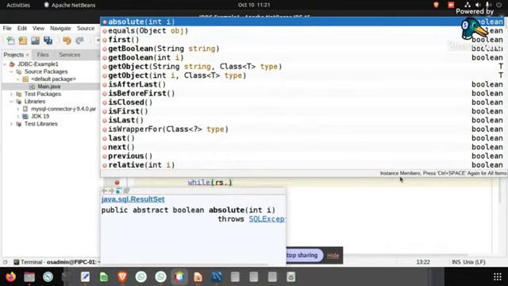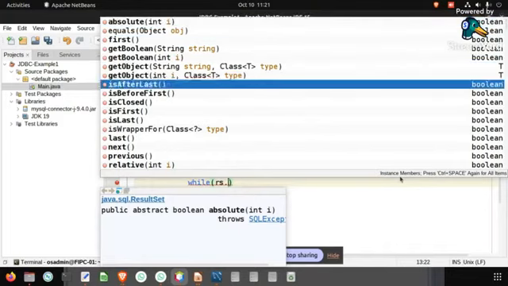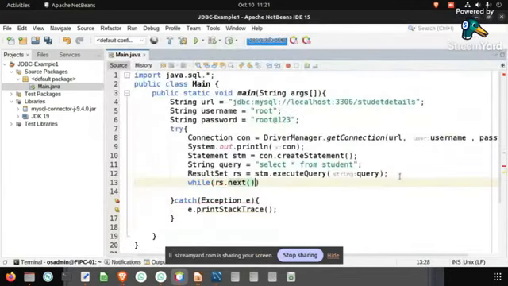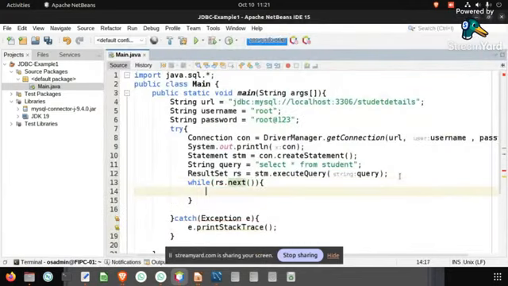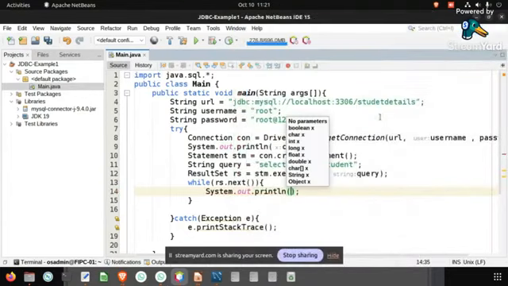So for that we are going to use this predefined method, which is called next, to check whether the next data is available or not. If it is there, now I am going to get the data. Is it clear? So here what I'm doing is System.out.println. So here the first one is going to be id. This is going to be student id